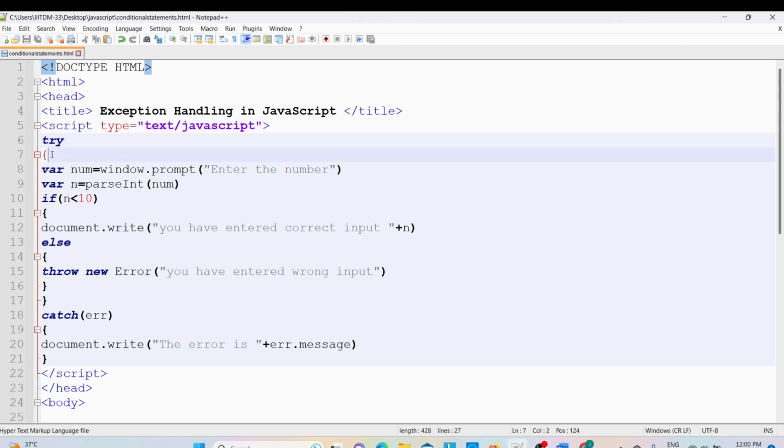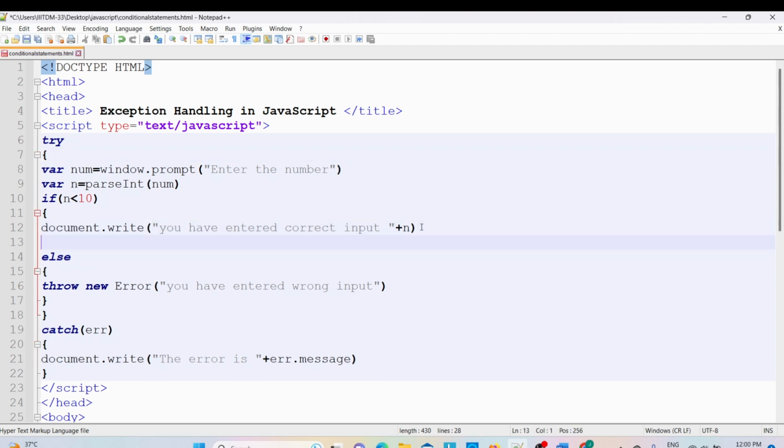There is some issue here. In the try block you have opened var num is equal to window.prompt, enter the number, and var n is equal to parseInt of num. If n is less than 10, oh, we forgot to close that if statement. That is the issue. Now let me save this program,